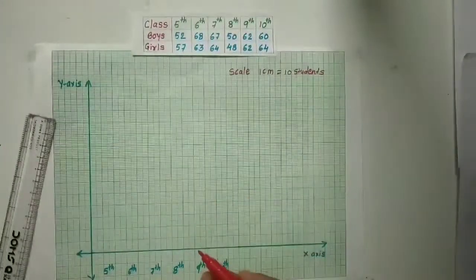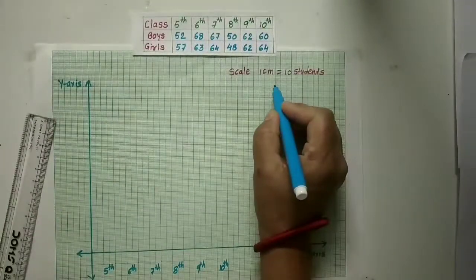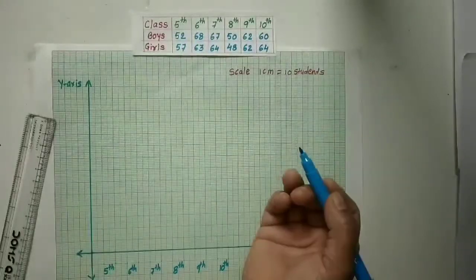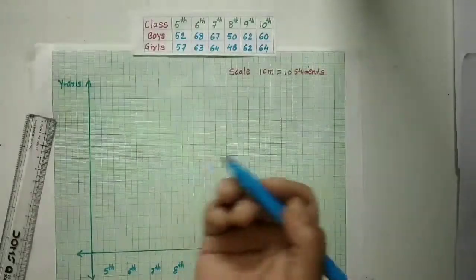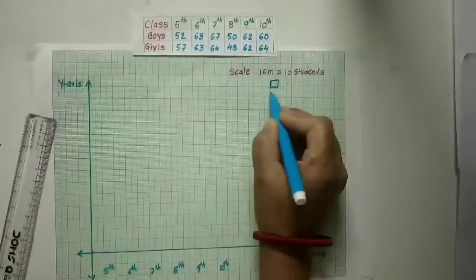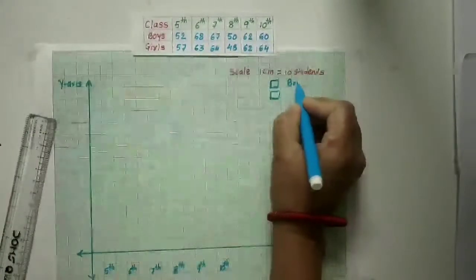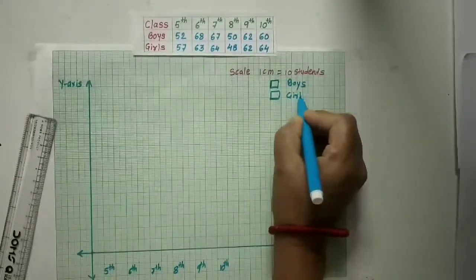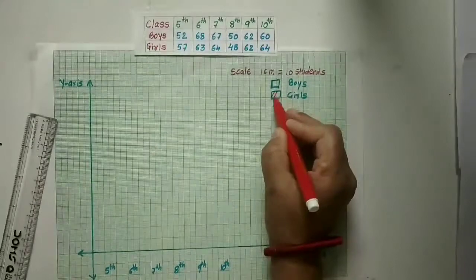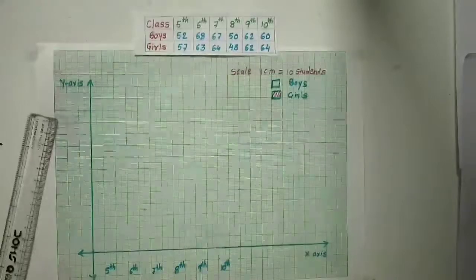And one more thing we have to take. When we are going to draw the joint bar graphs, how do we come to know which bar is for boys and which bar is for girls? For that, here we'll write boys and girls. Suppose here we'll write boys. So we'll do one thing. Boys will be drawn plain and girls will be drawn with lines in the bars. So we'll understand it easily.